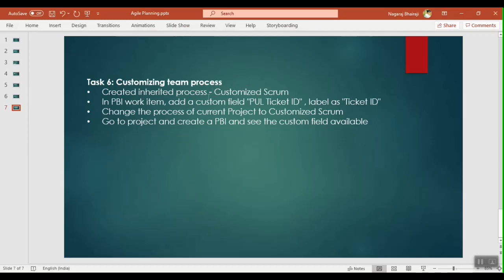Then in the customized template we are going to add a custom field for the product backlog item. And we are going to say that the current project refers to the customized template. Okay, so let's see that.